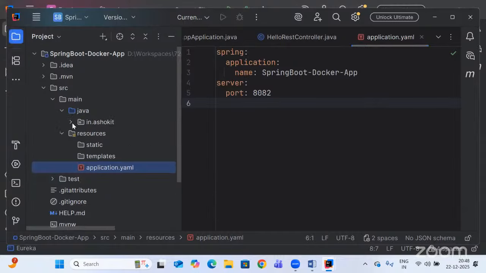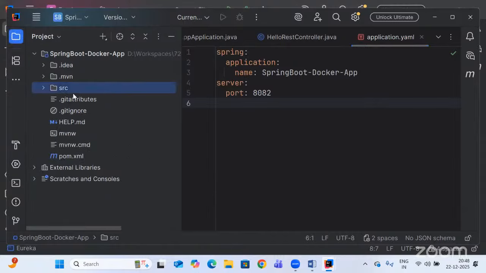Now you need to build a jar file for this application. After creating the jar file, you need to create a Dockerfile, and the Dockerfile must also be created in the Spring Boot Docker app project only. So how can I do that? If I want to package this application into a distributable file, that is a jar file,